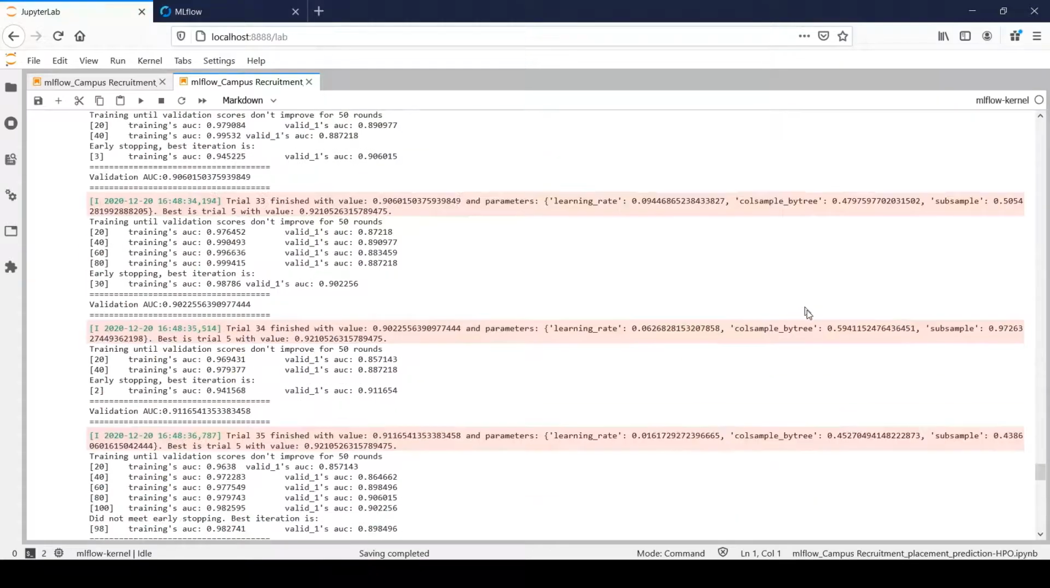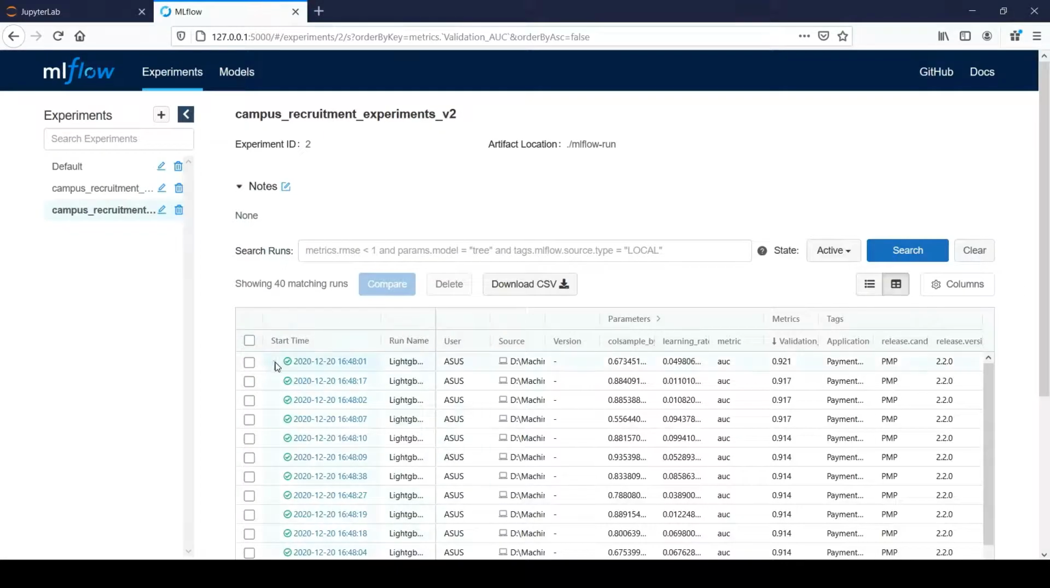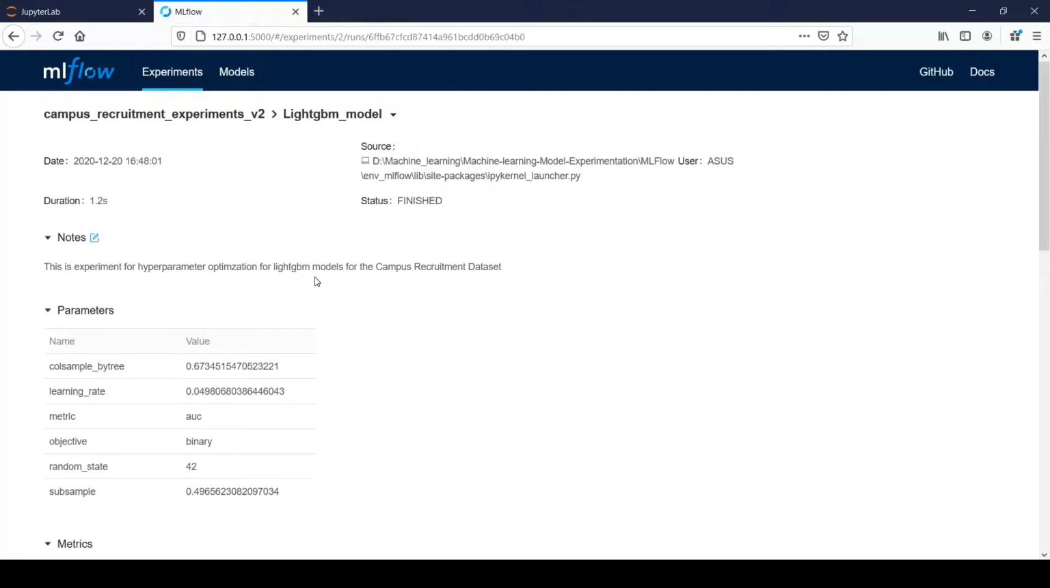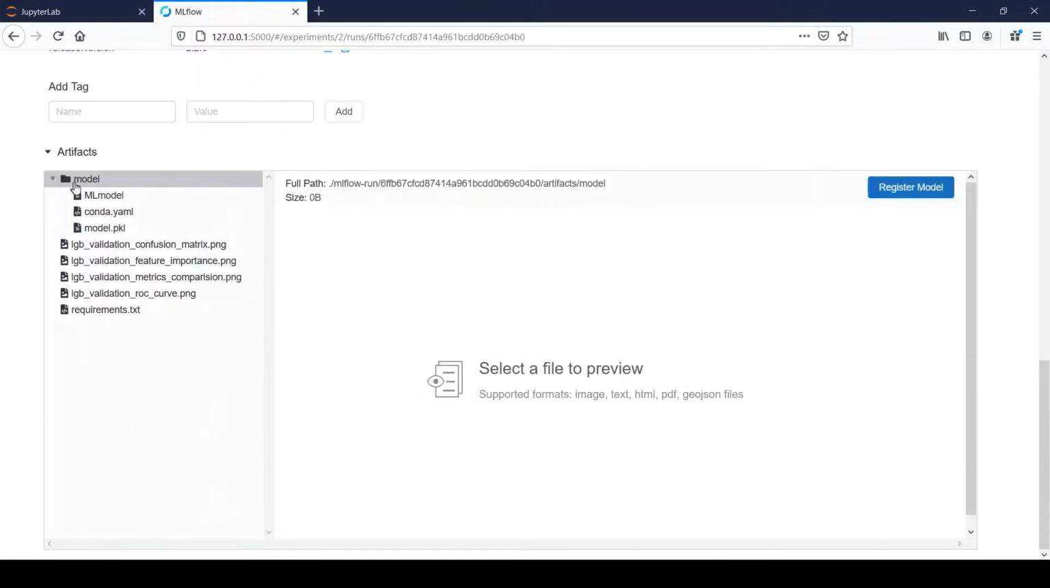So in the last step, we will pick the best model, right? And how can we pick the best model? For that we need to go to model experiment number 2. Just click on the link where we have received the best validation AUC score. So that's the link we will be clicking. Just click on this link, go to model artifacts. So here I have the model artifacts. Just click on this link